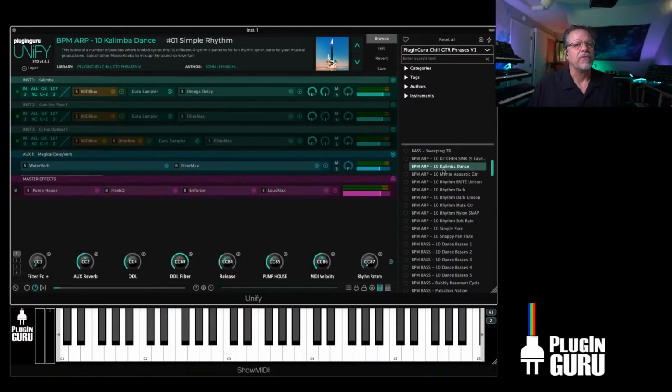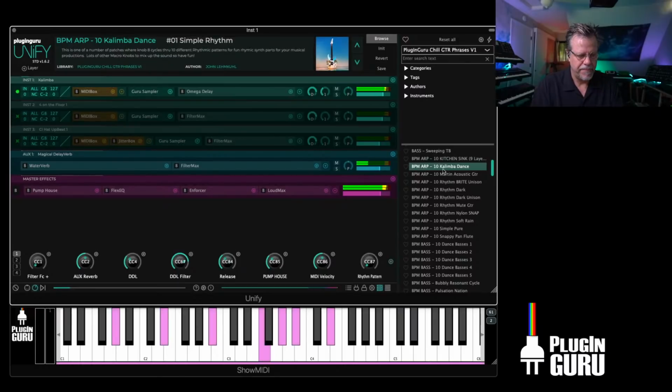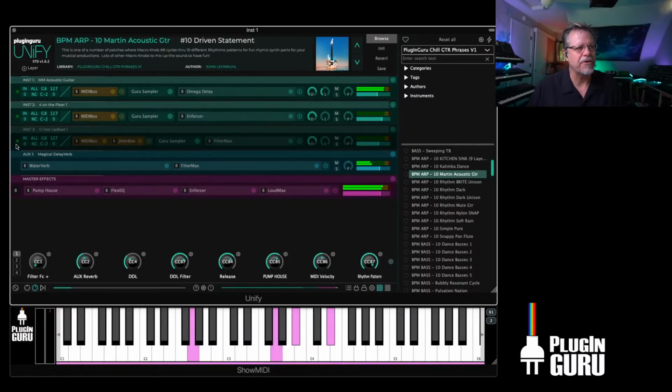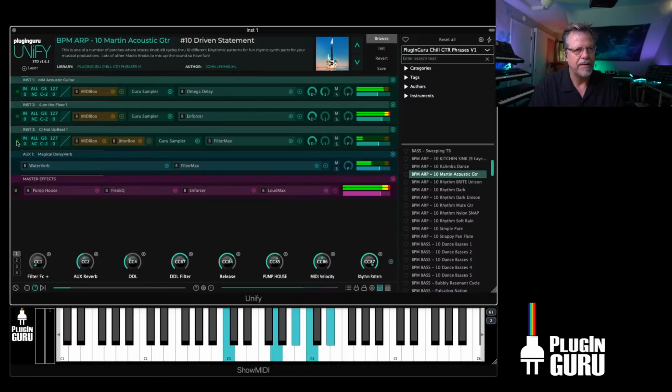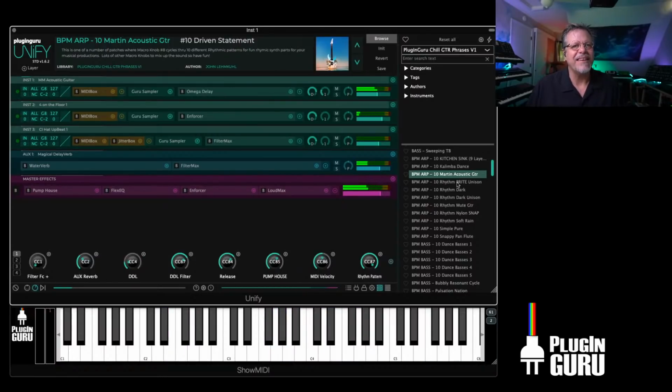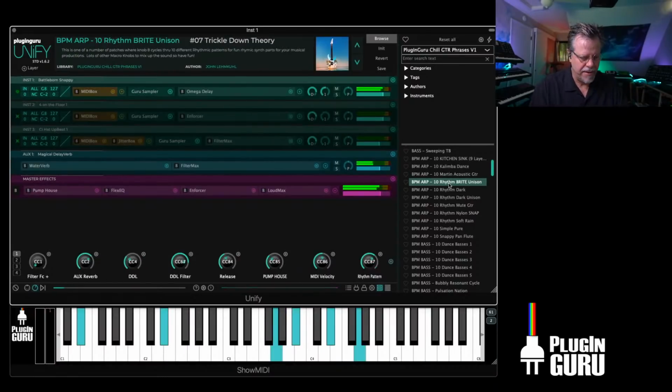and so they go from kalimba dance, Martin Acoustic, and each one of them has 2 layers hidden for if you want to kick in a hi-hat. You've got the delay controls here, reverb, and then there's 10 different ones. So there's bright unison,